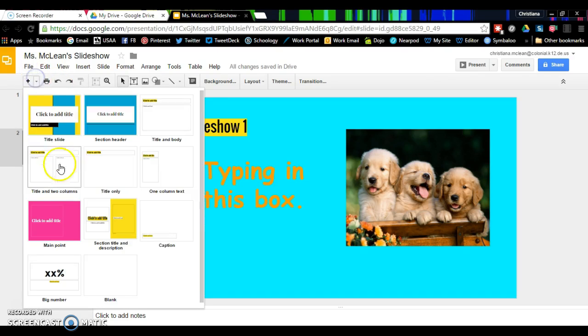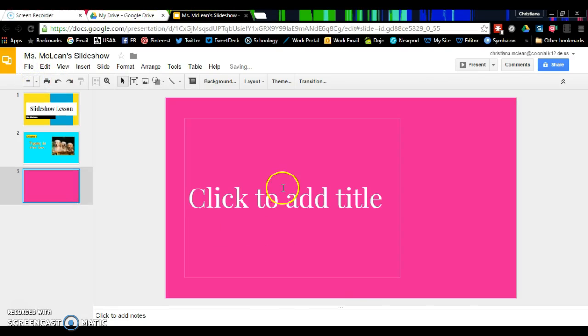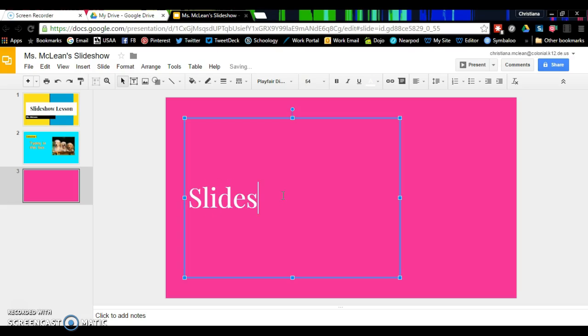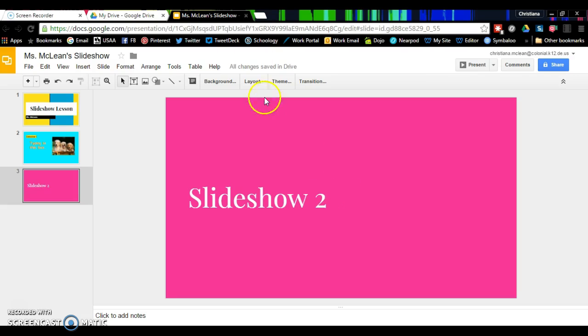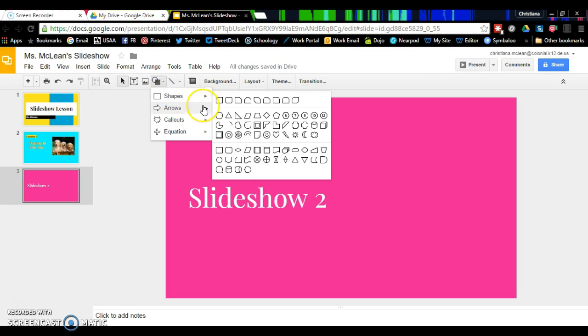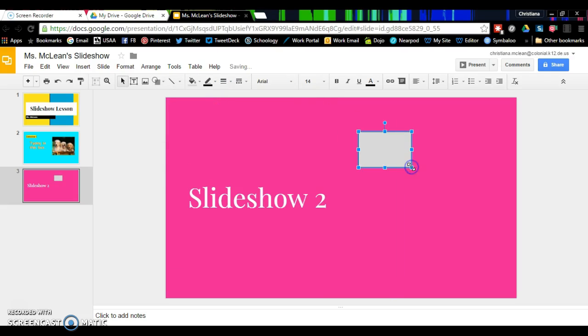I'm going to add another slide. Slideshow 2. Again, you can edit anything, but this time I'm going to add in some shapes because sometimes I need to do some sort of geometry type of shape thing, or maybe I need to add an array inside to show a multiplication problem or some sort of repeated addition